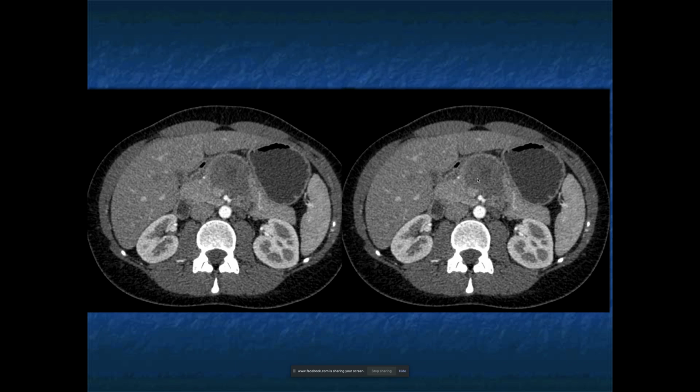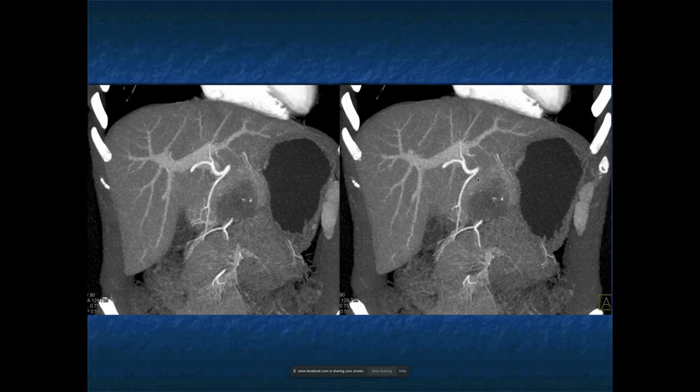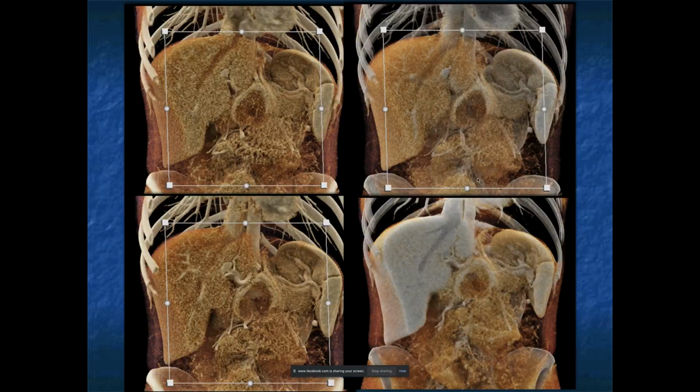Well, age would be helpful. If I told you it was a 45-year-old female, then you would think about a mucinous cystic neoplasm, which often is in the body of the pancreas, though usually cystic, but when there's dysplasia, you can have solid components, and typically does not obstruct the patient's pancreatic duct. Here it is again. The mesenteric vessels, the GDA, all look good. Here's the cinematic rendering of that.